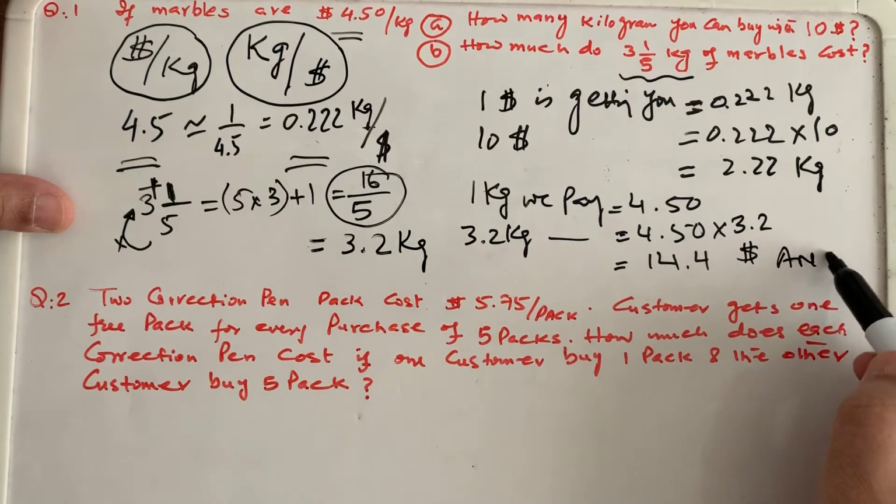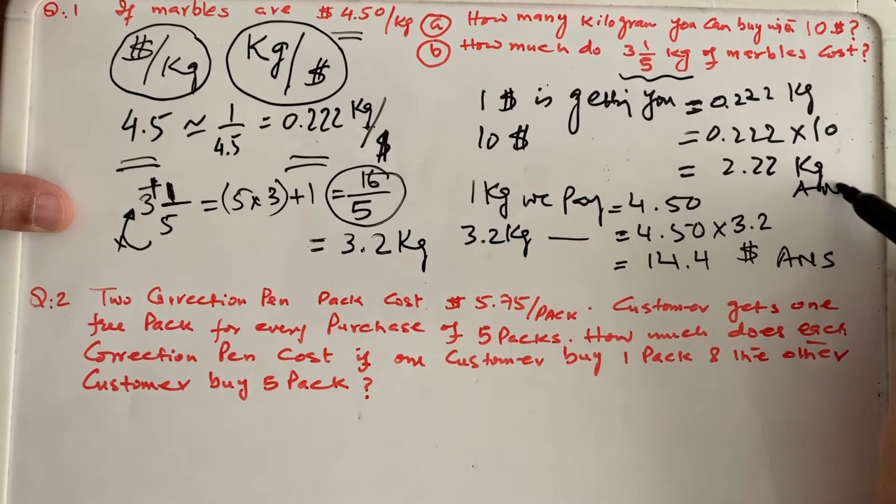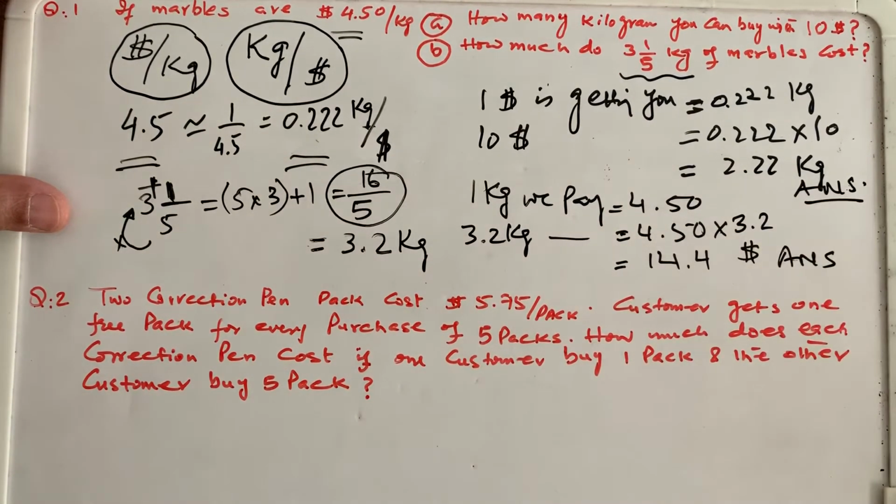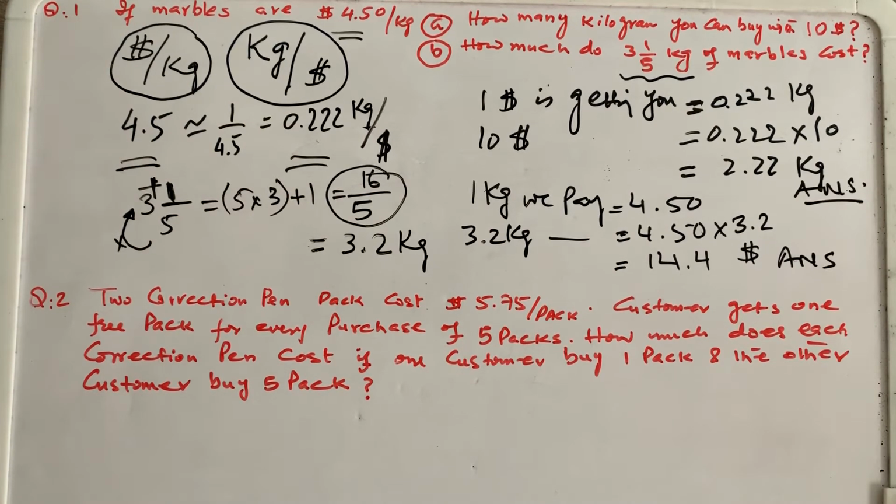So one part is this answer and another part, the first part was this answer. So I hope you understand what we need to think, how we need to put it into the equation and then solve the problem, right? This is the unitary method, where you know the 1 unit cost and then you multiply by the number of units he is asking for.